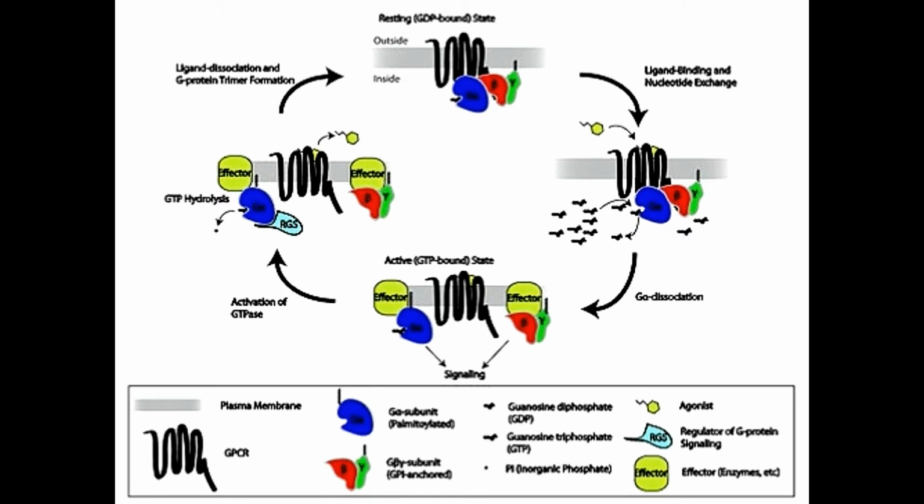Notably, the G-alpha and GTP bond is eventually hydrolyzed by other chemical processes like RGS binding, which is the regulator of G protein signaling, and hence it returns back to the inactive state. This inactive state is described as GPCR bound to the trimer G-alpha, beta, and gamma, with the G-alpha bound to GDP molecule. And as you can see in this particular cycle, everything is represented exactly like that. On top of this knowledge, we also